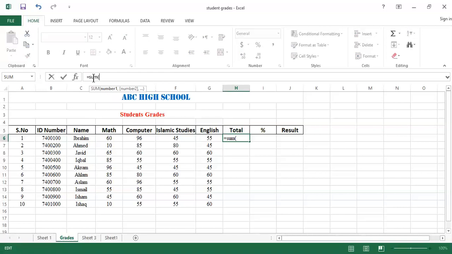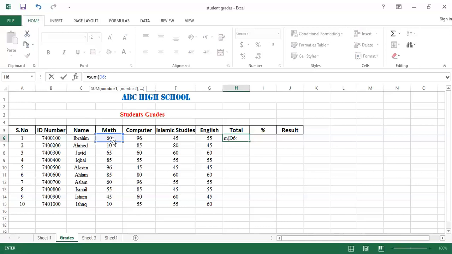For example, the starting cell address is this one, so I will click on it. You can see it is highlighted now. That one is D6, the starting point from where I want to calculate the total marks. After that, you can type by yourself using the keyboard: press the colon sign by using the shift key, and then the cell address where you want to end the total.